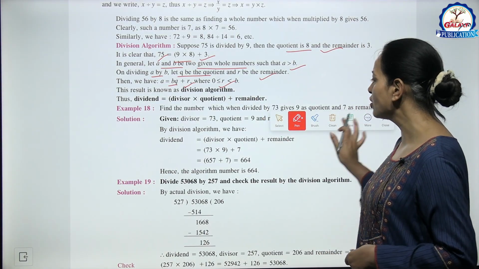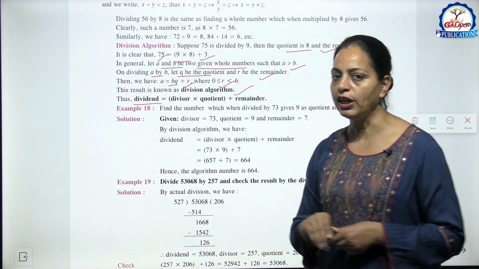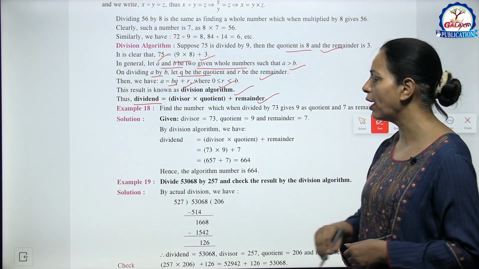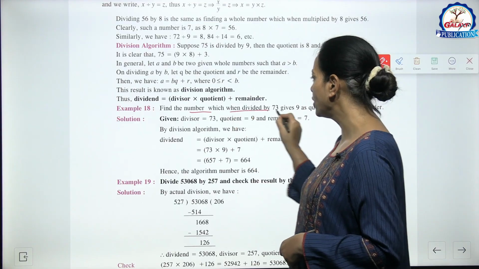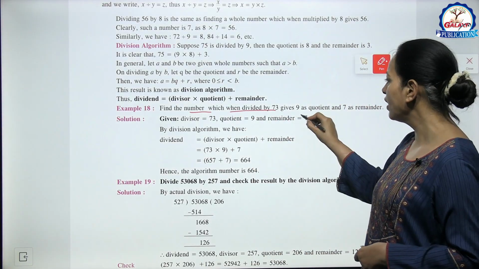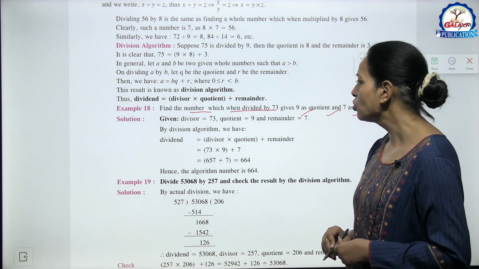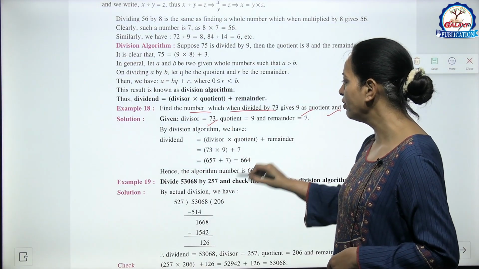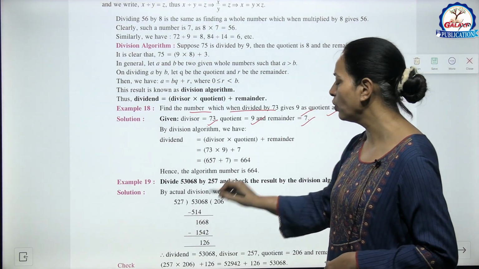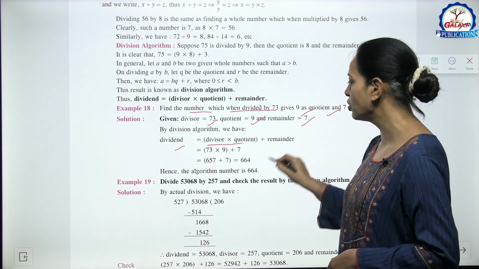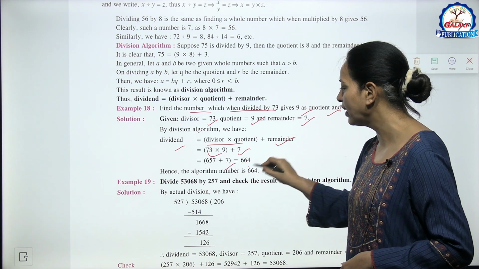So this result is known as the division algorithm. Here we have dividend equals divisor into quotient plus remainder. Now see example 18. Find the number which when divided by 73 gives 9 as quotient and 7 as remainder. So here divisor is 73, quotient is 9 and remainder is 7. By the division algorithm, dividend equals divisor into quotient plus remainder, 73 into 9 plus 7, that is